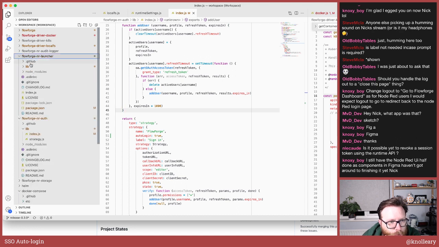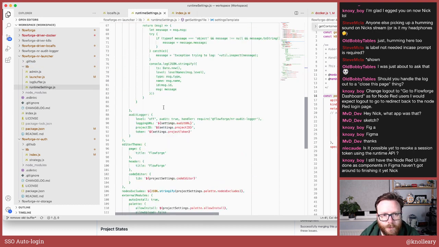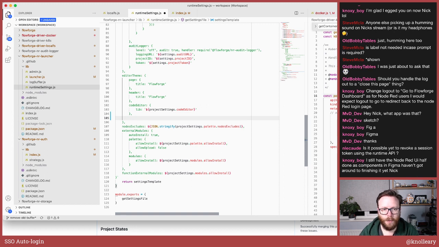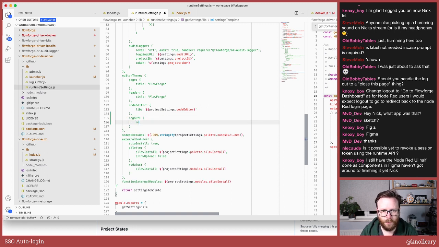So if we go to the Flowforge launcher where we were and go to runtime settings, here we have editor theme, and then what did we say? It was logout redirect. So we're just going to redirect to google.com. Why not? Okay, now because we've edited this file,